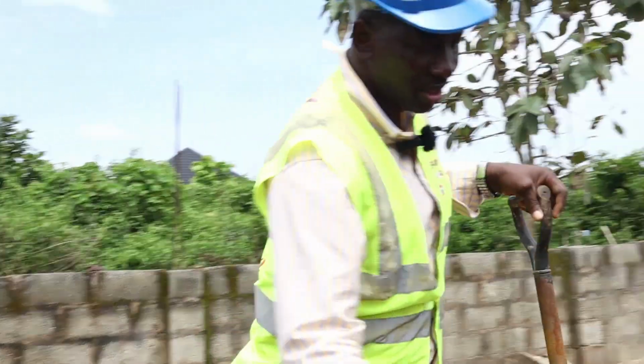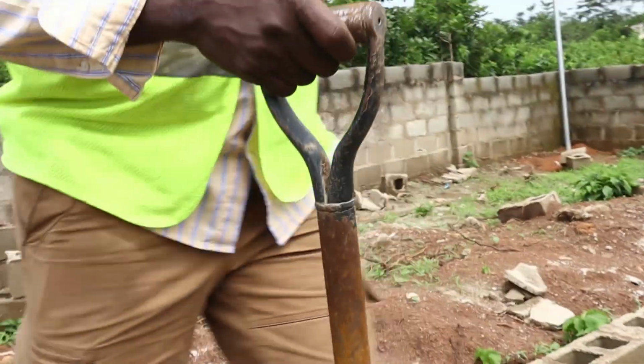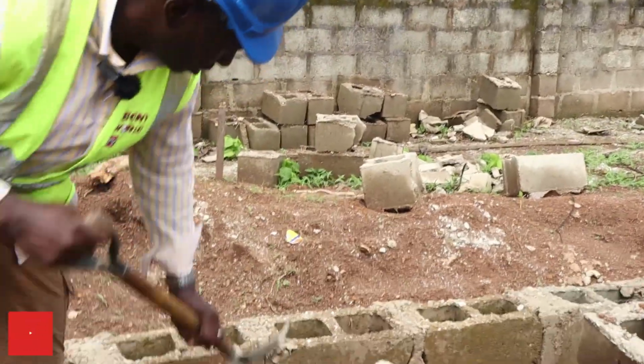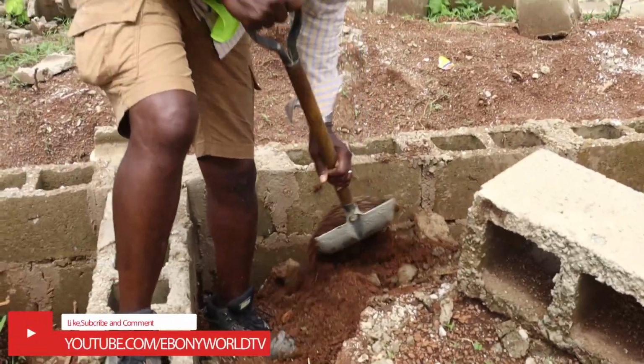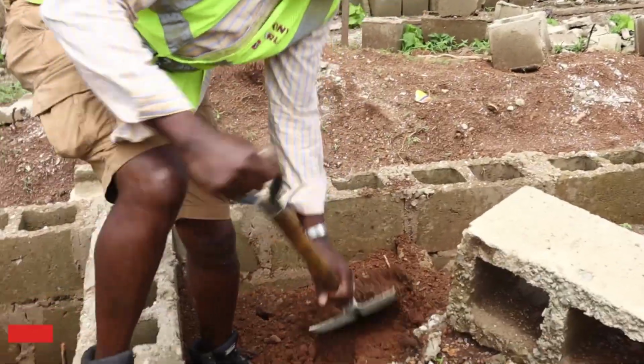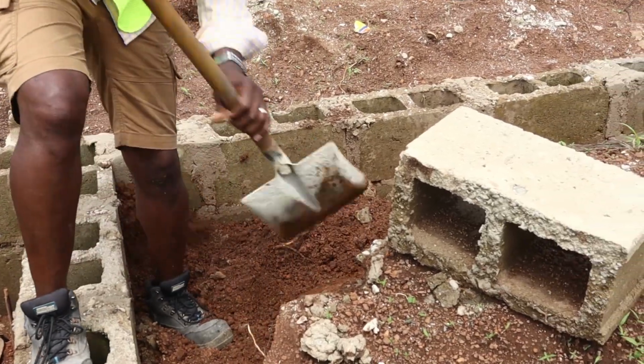So our next thing to do is to start getting them to backfill. You have to be doing backfilling. So all these ones,